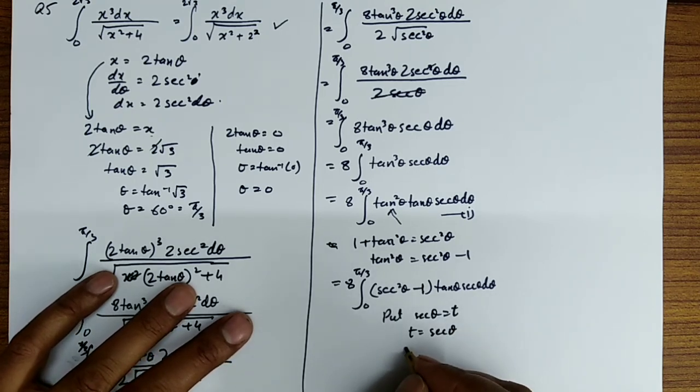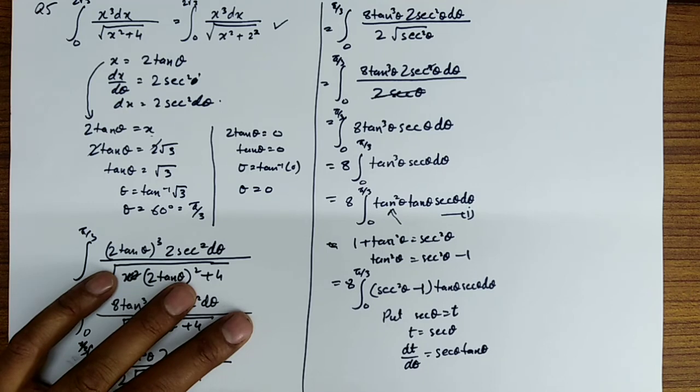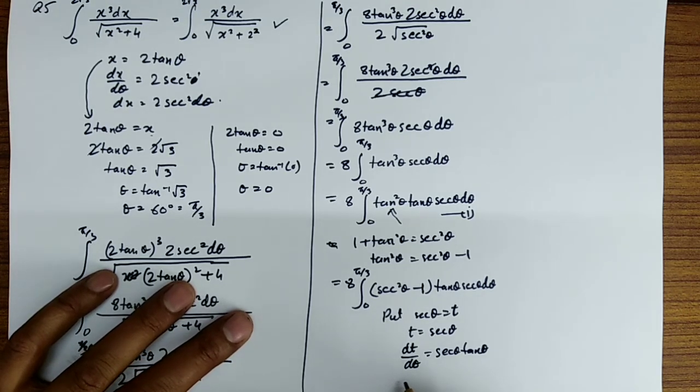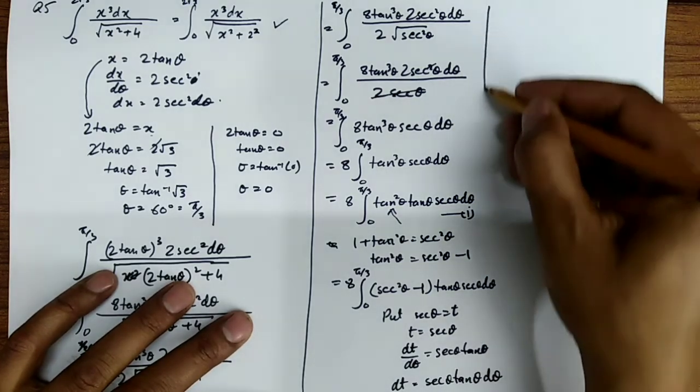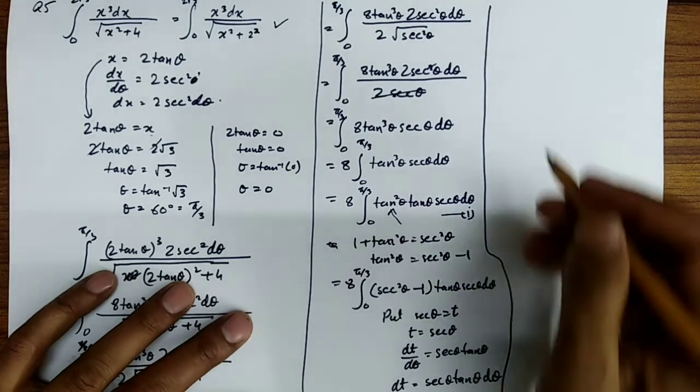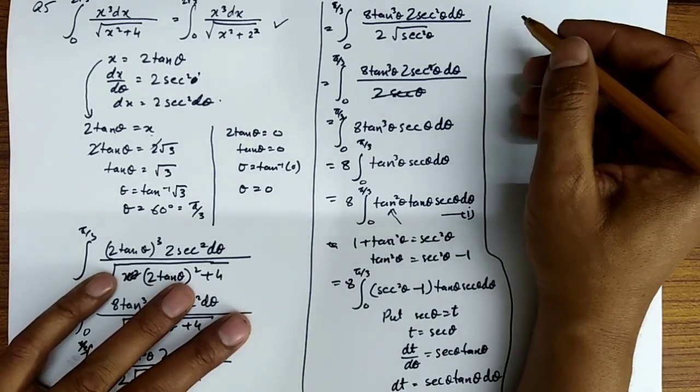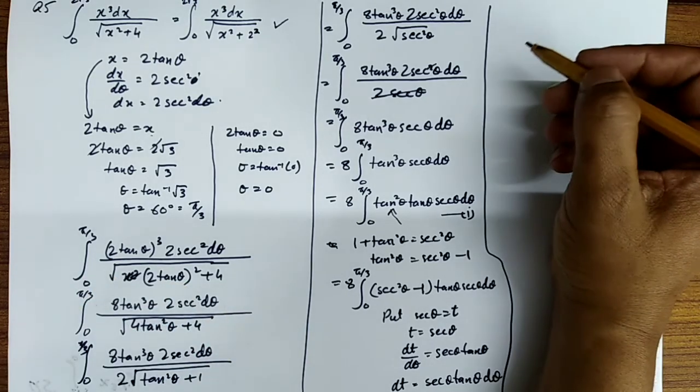We are going to differentiate on both sides, dt upon d theta is equal to sec theta tan theta, which can be further written dt is equal to sec theta tan theta d theta, right? Now putting all the values in the given question,